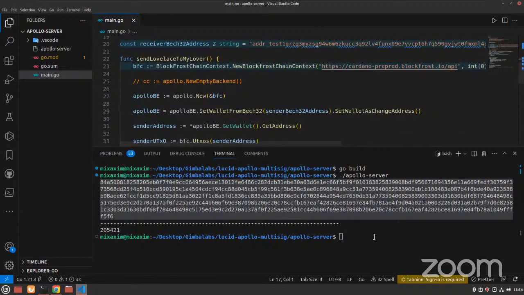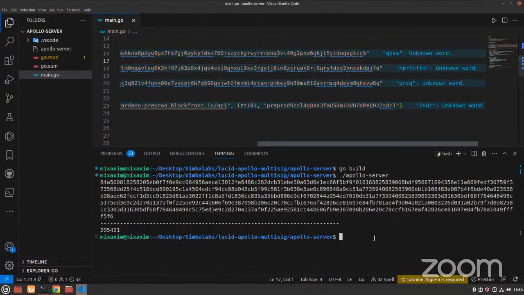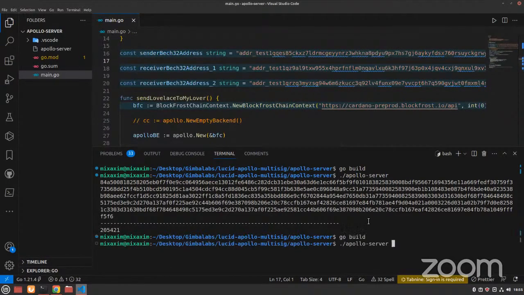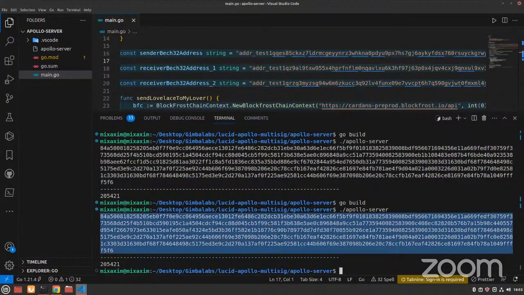but once you have that, then you can start building a transaction. We have the new address, but let me check that. Did I copy it right? Yeah. Let's again go build, running the binary and copying this string, pasting it here,